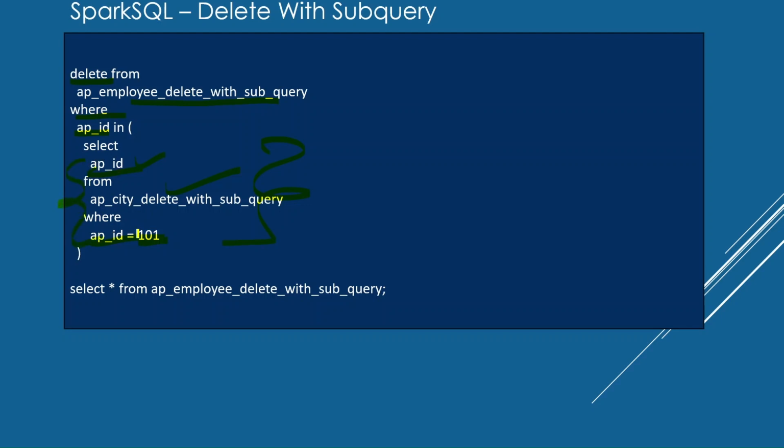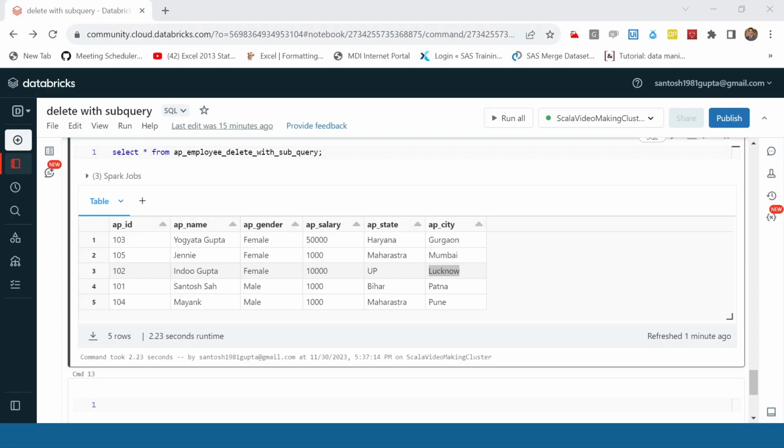This is the query which we have written. It will give one APID here. That APID will be the inserted record which we supply in this APID IN condition. Then it will delete the data, all the APIDs which we are fetching from this subquery. So let's see how we can do this exercise in Databricks.